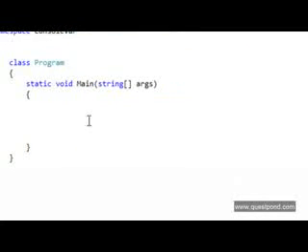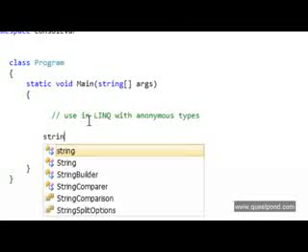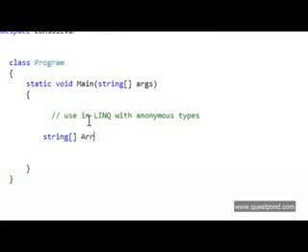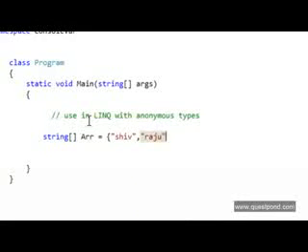Now the second scenario where the var keyword is useful is with LINQ and anonymous types. In order to understand how var is useful with LINQ and anonymous types, let's create an array of strings and fill this array with some static data. I'm sure that the previous reason of long class names is not a convincing reason to use var. I gave that reason, but internally I felt that it's not really a strong reason. On a general basis you will rarely find such big class names, but this reason of var with LINQ and anonymous types is the most important aspect of why var is in existence.